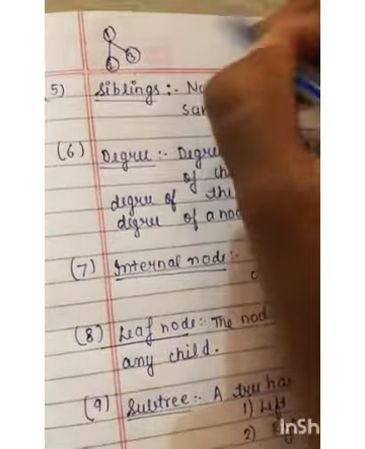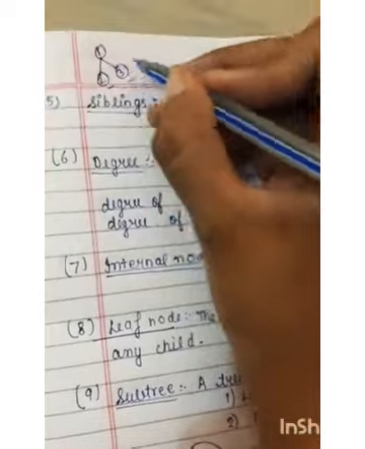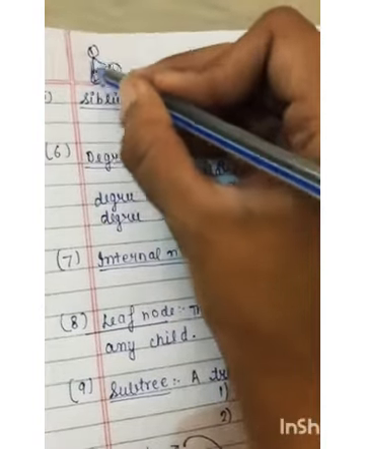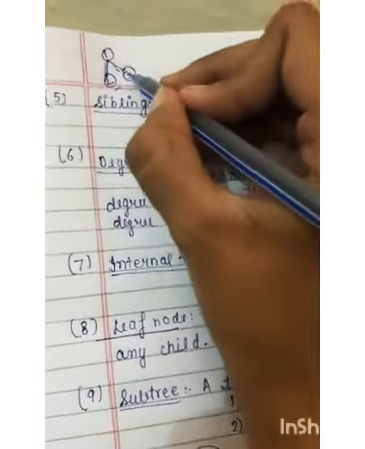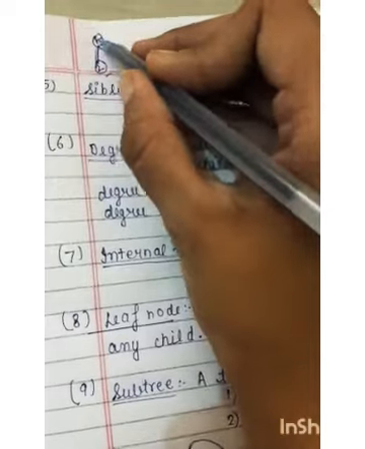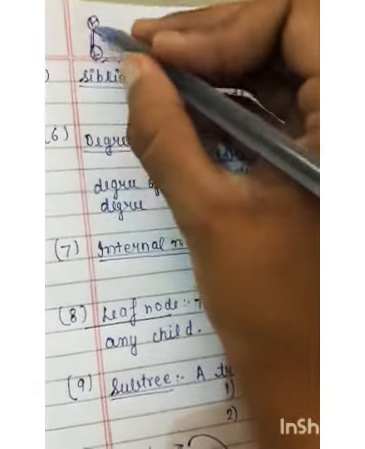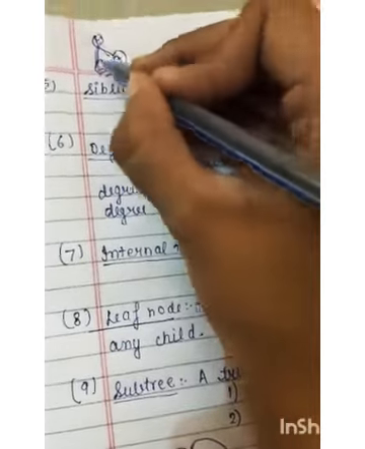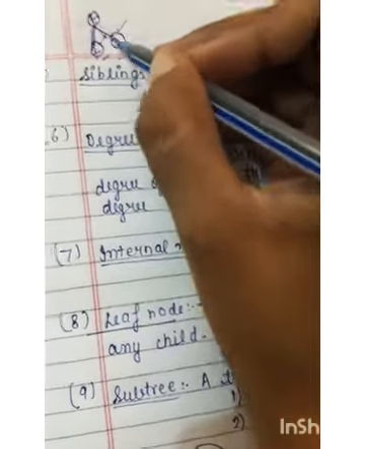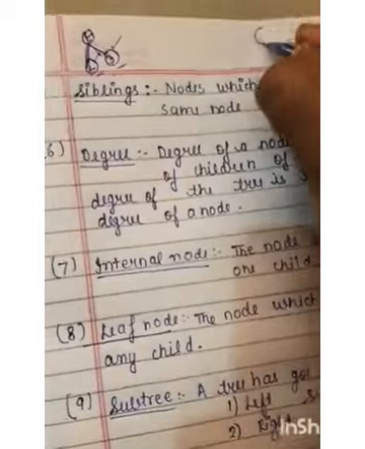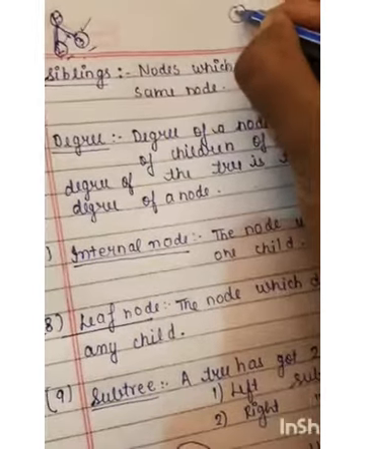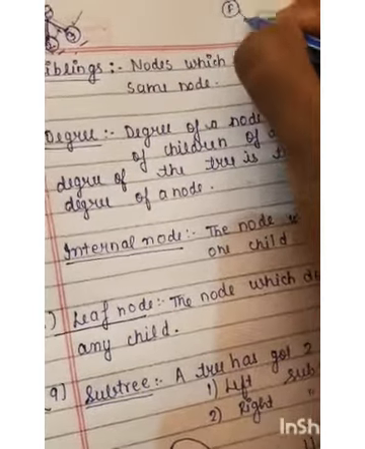One, two, three. These two nodes are connected through the same node, which means they are the child nodes of the same node. 2 is a child node of 1 and 3 is also a child node of 1, which means 2 and 3 are siblings. It is the same as if a father has two sons,